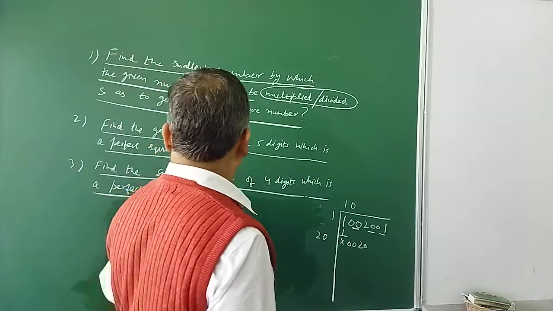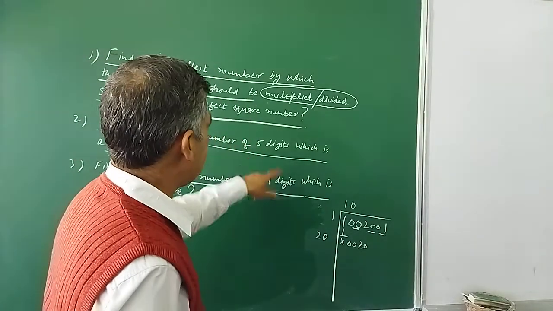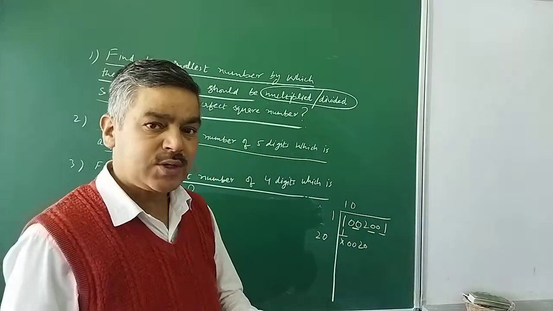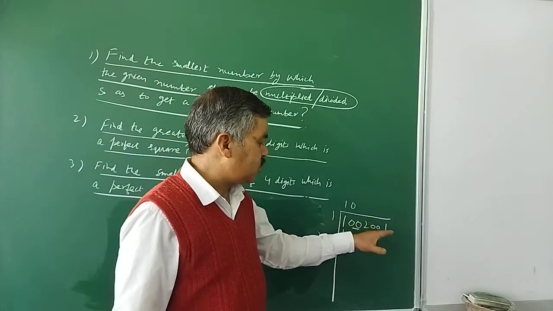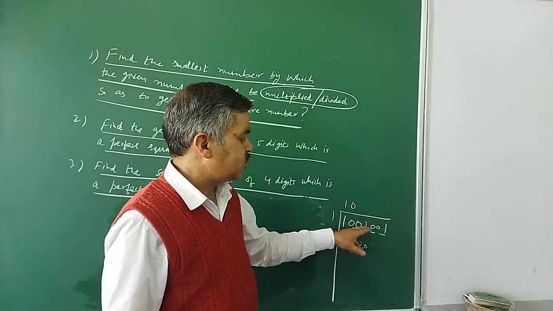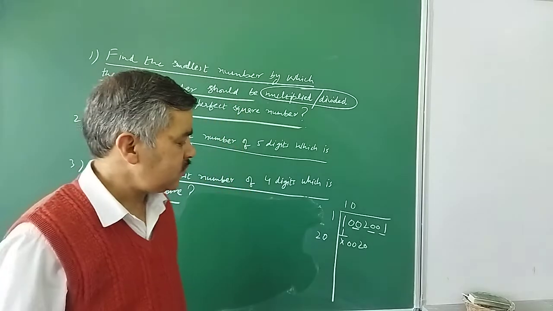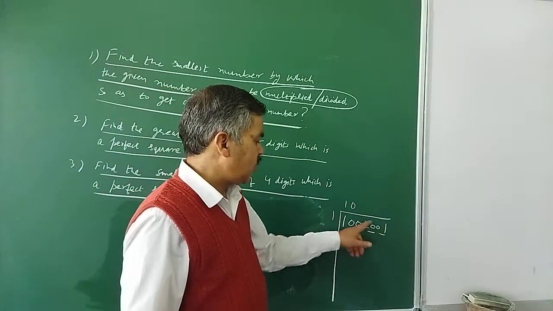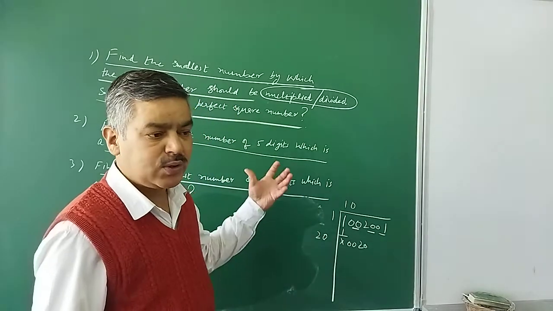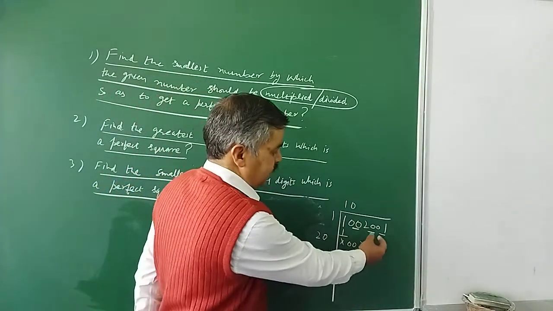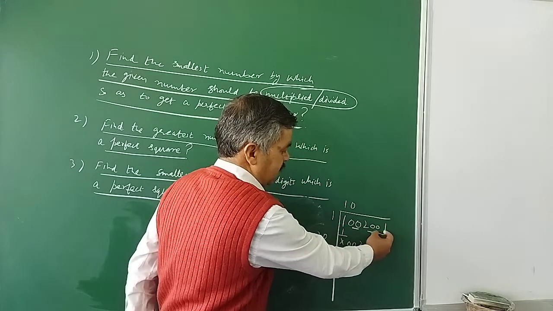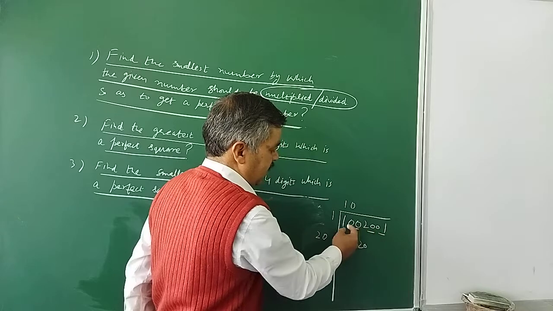Next, before coming to the greatest number of 5 digits, I would like to share this here. Suppose you are asked to find the square root of this number, 10,2001. Between the non-zero digits, zeros are kept. As I explained in yesterday's lecture, you need to make pairs, always from right to left: one pair, second pair, third pair, and one is alone.